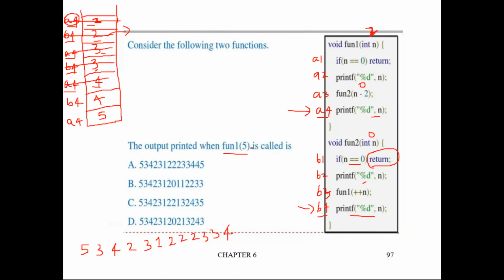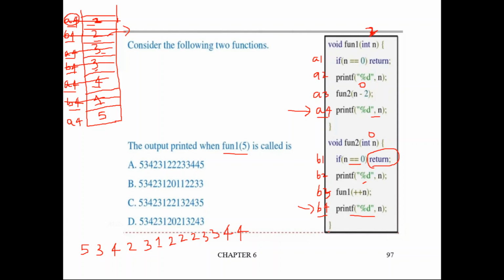Okay, again what is this? Again it's a close bracket, so which means it's a return statement. So what should you do? Pop out of the stack. So B4, so this will come out. So the return address is B4 and n value is 4. So again it's a printf statement, print of %d n, n is 4. So 4 will be displayed. Okay, so now this has come out.